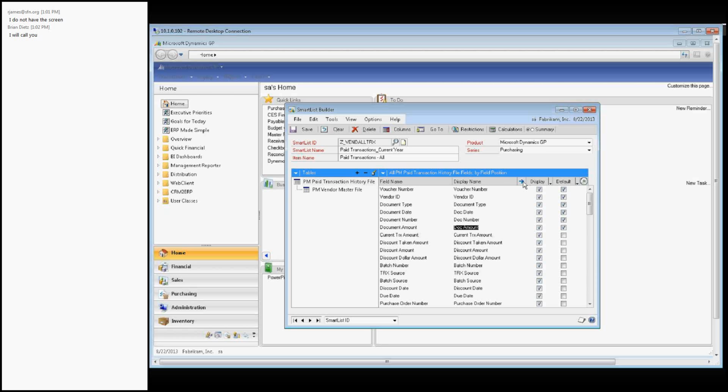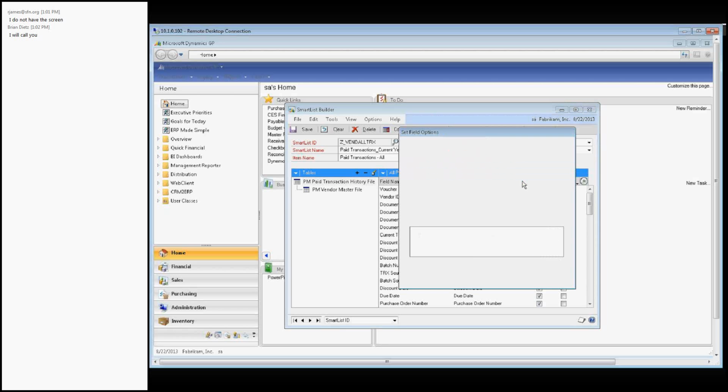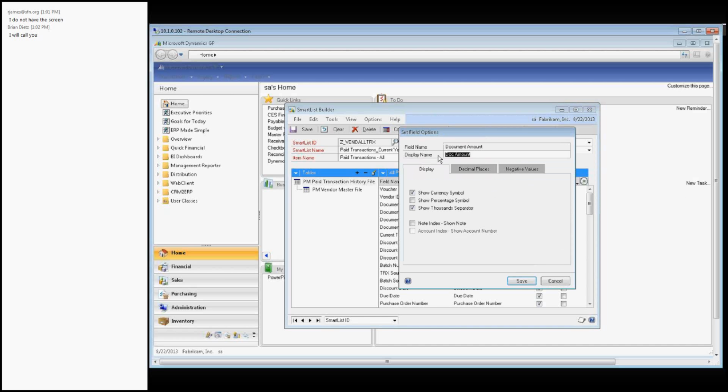So another display option that you have is, for document amounts, you can show currency symbol. And for numeric values, you can also show percentage symbol, and you can show thousand separator if you'd like. You can add or modify the number of decimal places. And then the negative values, you can actually display transactions